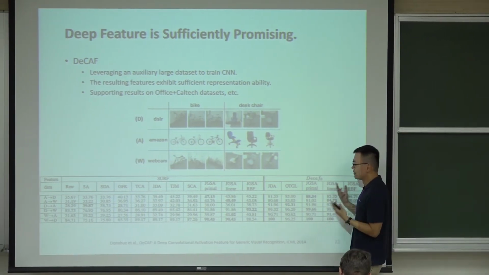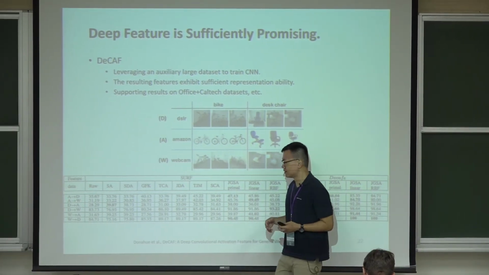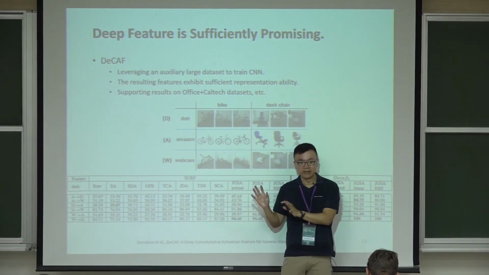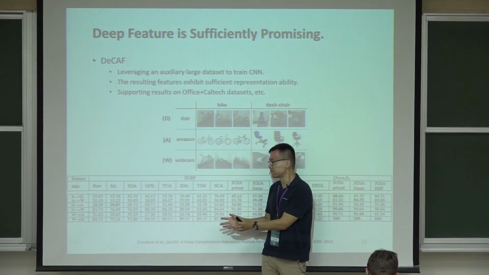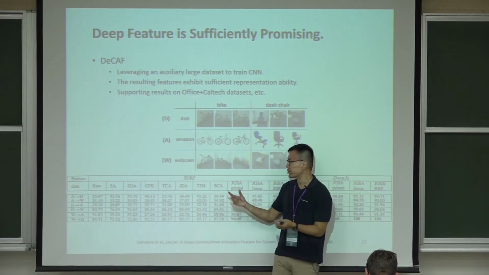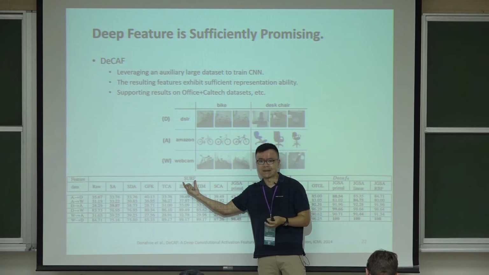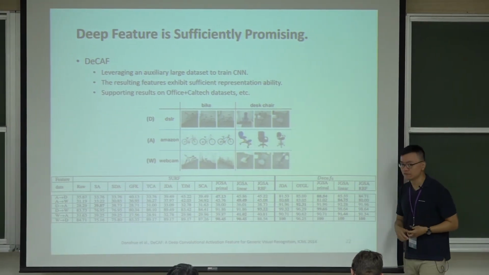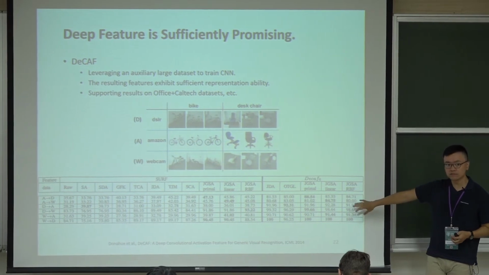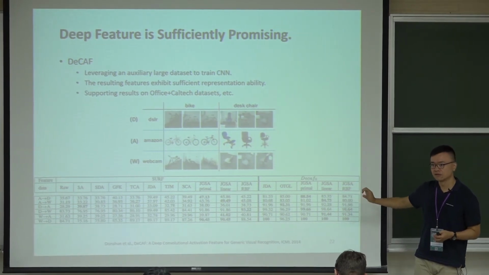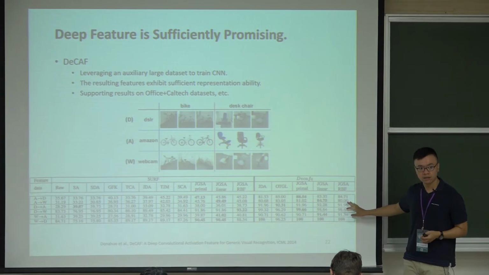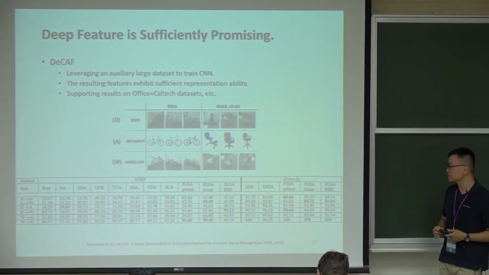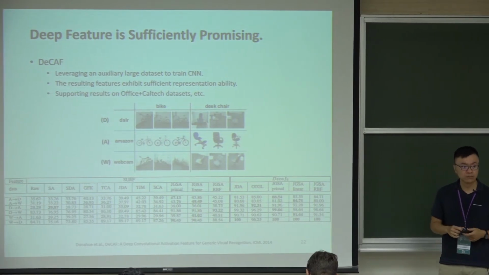So before the rise of deep learning, people were really working hard and designing good models to try to transfer the information from one domain to the other. People worked so hard based on very basic features. And now, using CNN features, you can see that the domain shift is not that significant anymore. So what this story tells you is that sometimes picking a good feature is a really important